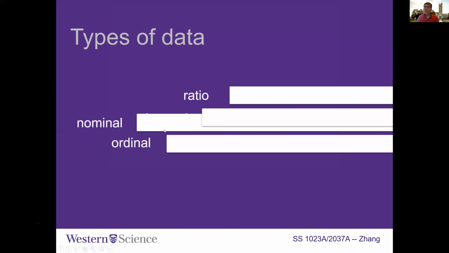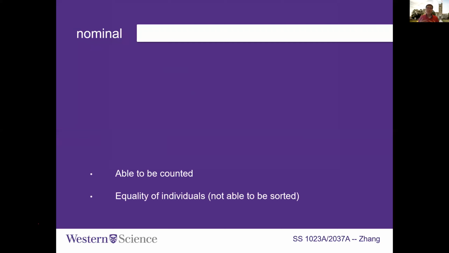So we first talk about nominal. For nominal data, we are able to count the value of the data. For example, for color, blue, yellow, red, just now we all agreed that it's data. As you can see, this data can only take 3 different types: blue, yellow, red. So we can count how many categories there are. So this type of data is able to be counted.